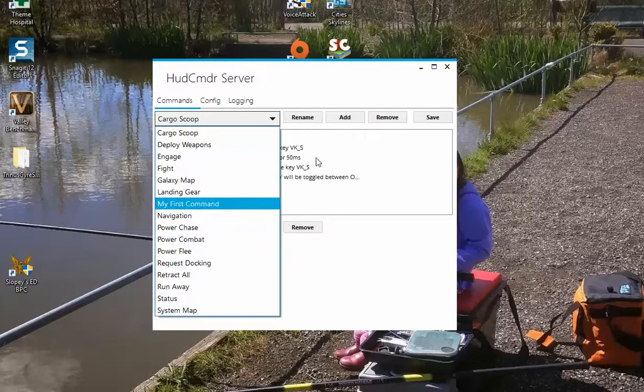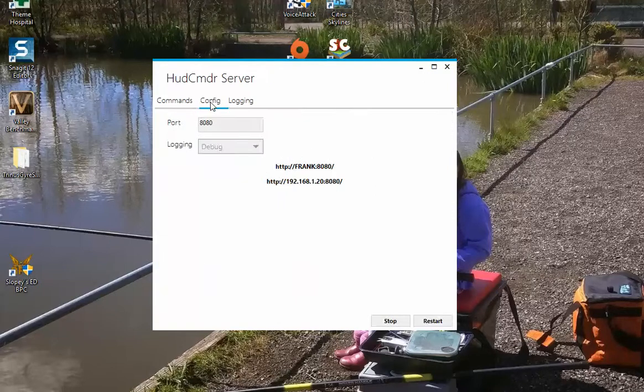So that's the commands window, and there'll be a few other videos to go through the different types of commands, how to set them up, configure them, and so forth. For now, I just want to get you up and running. So the tab to get things up and running is the config tab. The config tab allows you to set the port that you want HudCmdr to run on, and the logging level